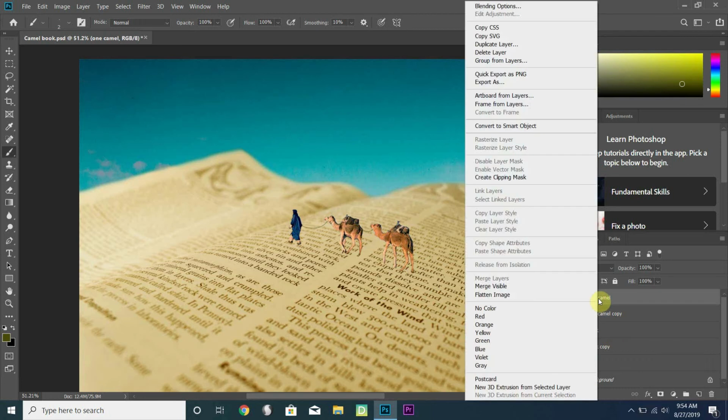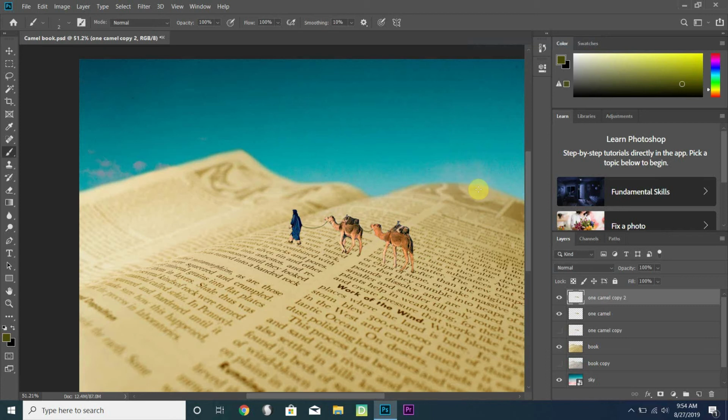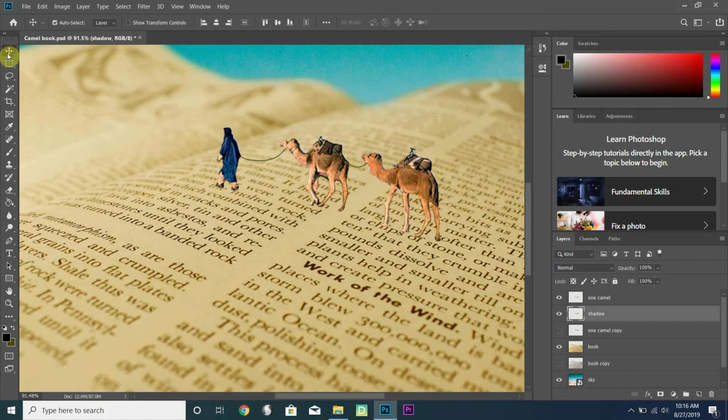So I'm going to take this camel. I'm going to once again duplicate the camel layer. Boing. So you saw how it got a bit darker. We have two camel layers on there now. So I'm going to rename this one Shadow. I double clicked on that to be able to rename it. The shadow, of course, goes below the camels. So if we're on the Move tool, we can just push the down arrow to adjust it out from under